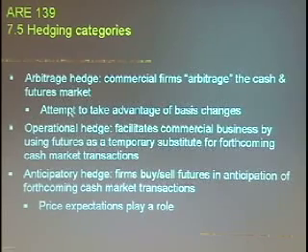The arbitrage hedge involves firms that try to arbitrage between the cash and the futures market. There are a lot of commercial firms that operate in commodity markets more so than in financial markets, because the financial markets are so much more efficient, because it's so easy to send something across the wire. Those markets are pretty much arbitraged to the hilt. But you'll find arbitrage opportunities exist in commodity markets on a daily basis. And there are firms out there that profit from that, and that's why the markets are arbitraged, because there are plenty of companies that make money